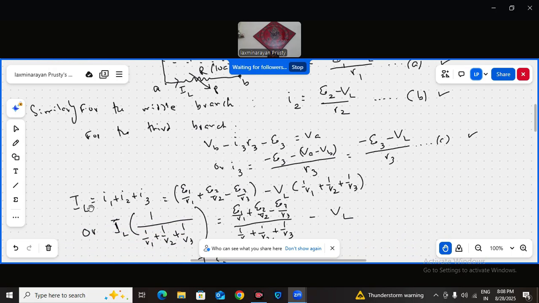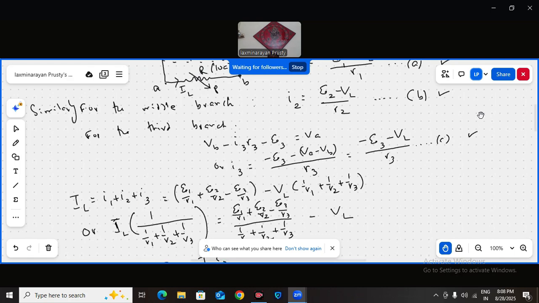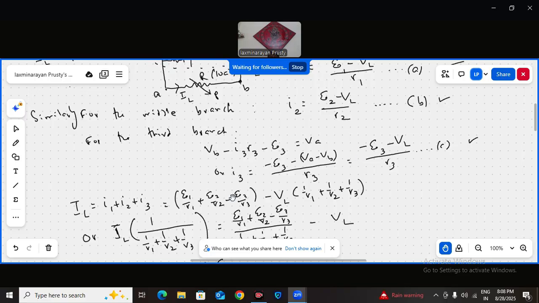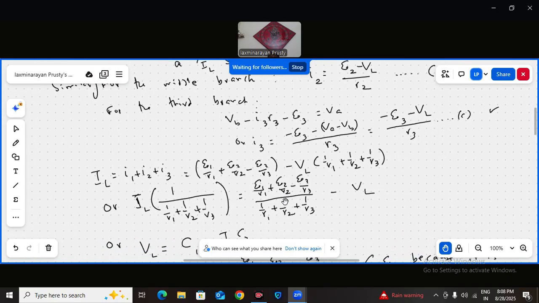Now, as I know, IL is equal to I1 plus I2 plus I3. Just add these three. So it becomes E1 by R1 plus E2 by R2 minus E3 by R3, then minus VL common times 1 by R1 plus 1 by R2 plus 1 by R3. Very nice. So IL is equal to E1 by R1 plus E2 by R2 minus E3 by R3